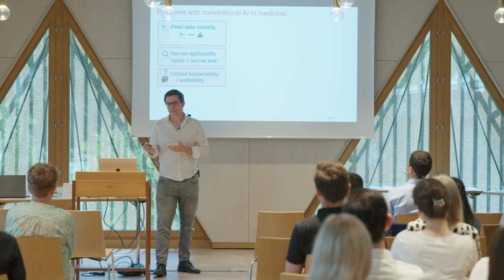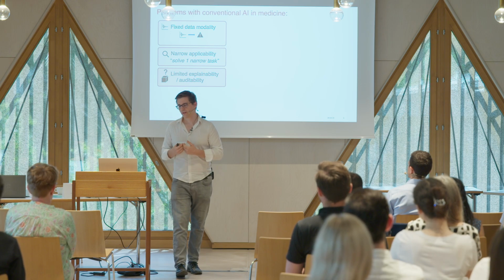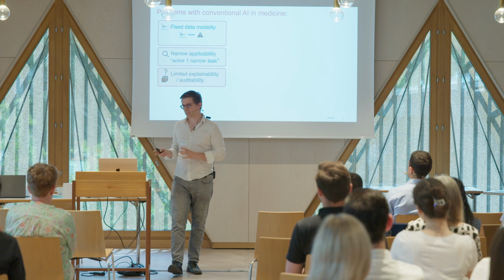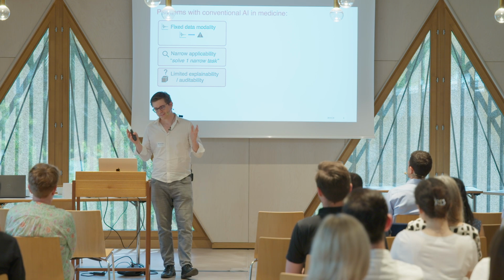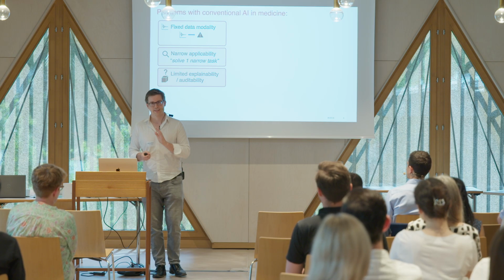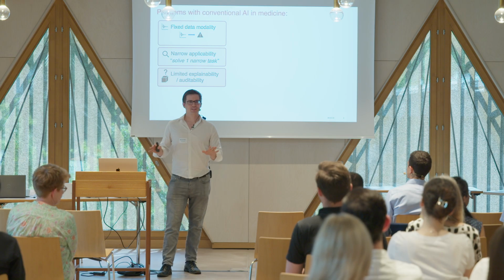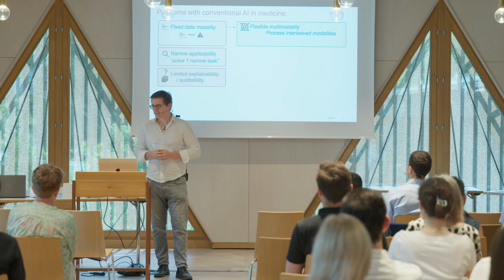But the problem is those models are very narrow. So if you try to deploy them, then everything will fail because there is some kind of train-test distribution shift. And finally, another big problem is that many machine learning and AI models are historically very black box. So we don't really know what is happening, which is a great problem in healthcare, where in most disciplines you want to know exactly why a specific decision was made, except for anesthesia, where nobody really knows how those drugs work. So how do we fix this?